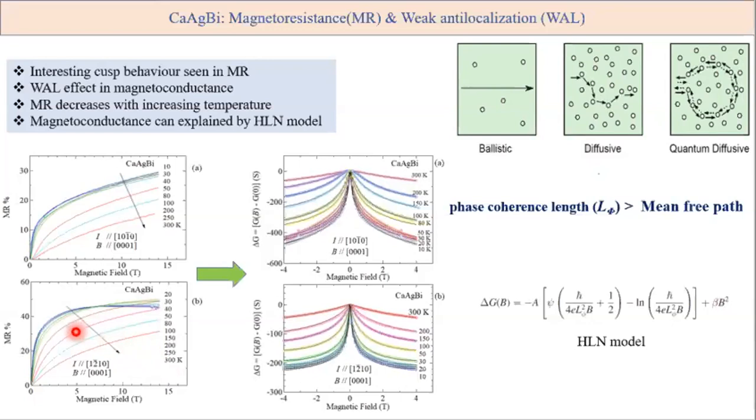There is another question I have. You estimated the phase coherence length from your fit. Did you estimate it from any other method to verify this? Because a fitting parameter can give any value, but how do you cross-check that this is the correct value? Let's say, is it in the correct ballpark or not?